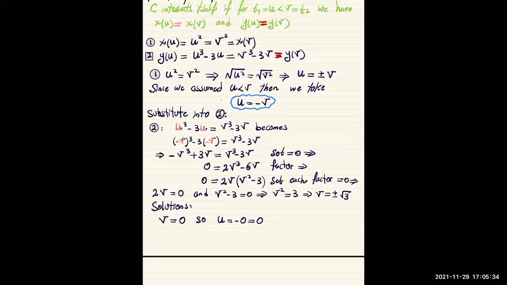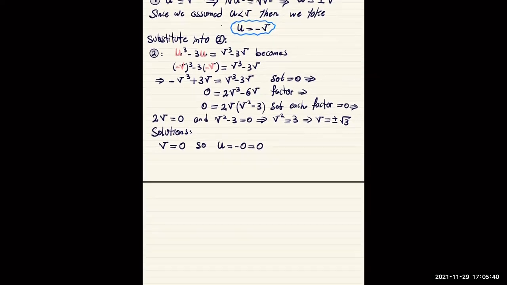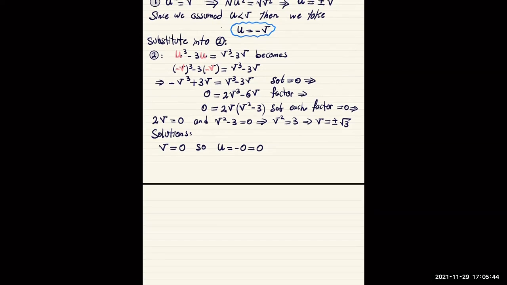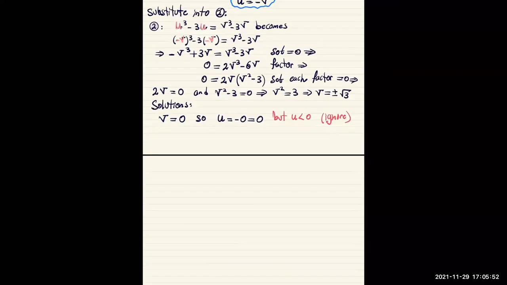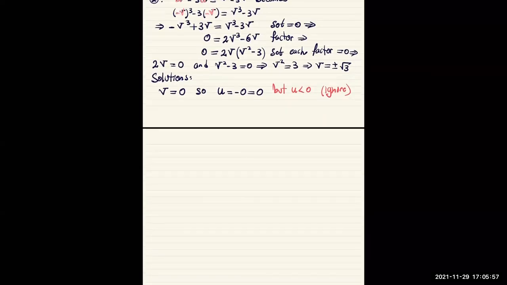We are assuming u is less than v. Okay. So here, but u is less than v. So just ignore this solution. Okay, forget about it. Next one, we have v equal to